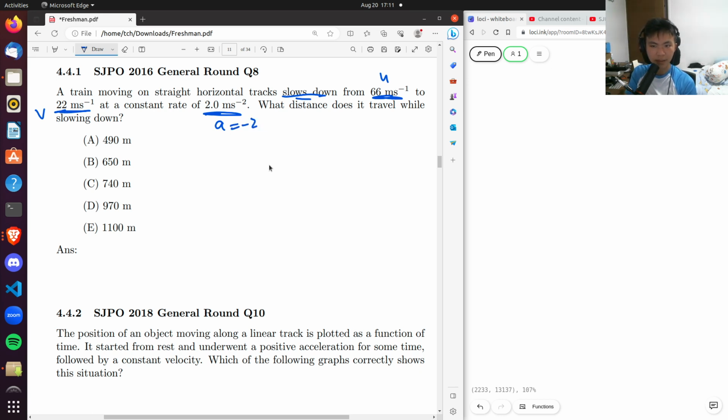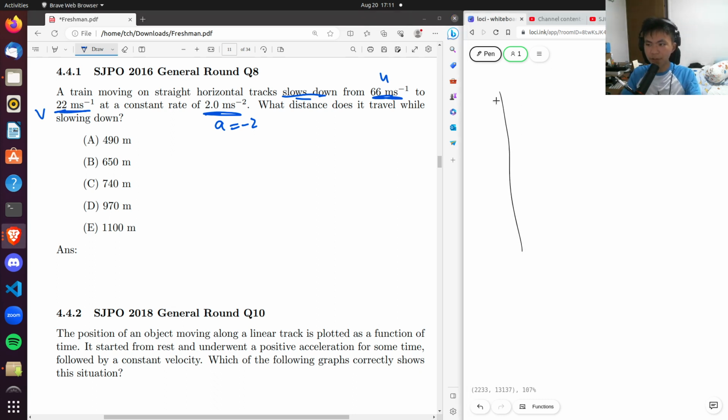Then they ask you what's the distance, so you can actually use v squared is equal to u squared plus 2as, and you in fact get the correct answer. But in this case, I want to talk in terms of the velocity time graph to illustrate how powerful the velocity time graph is if you didn't even know the SUVAT rules. So, velocity time graph,